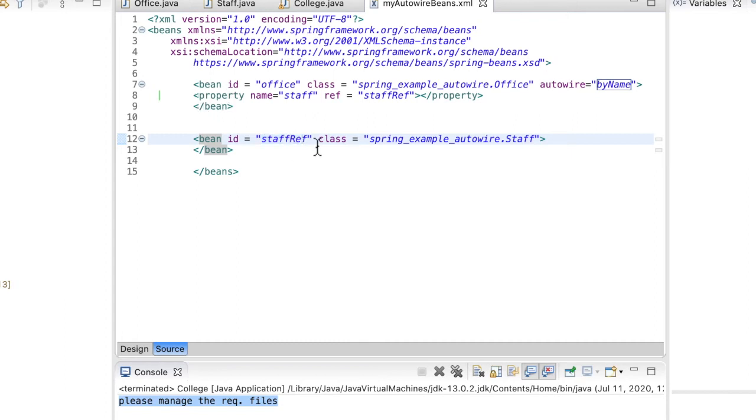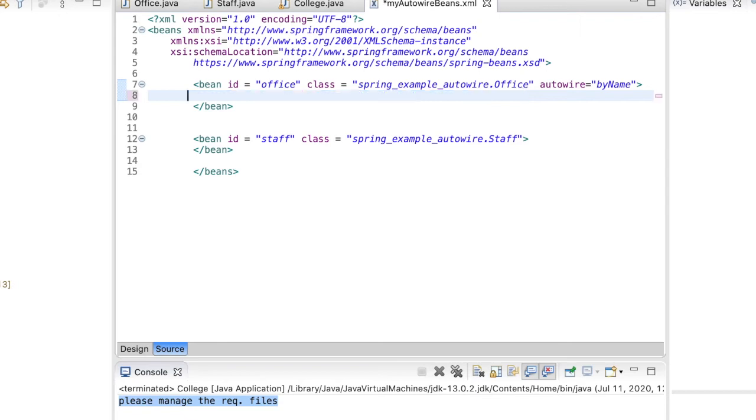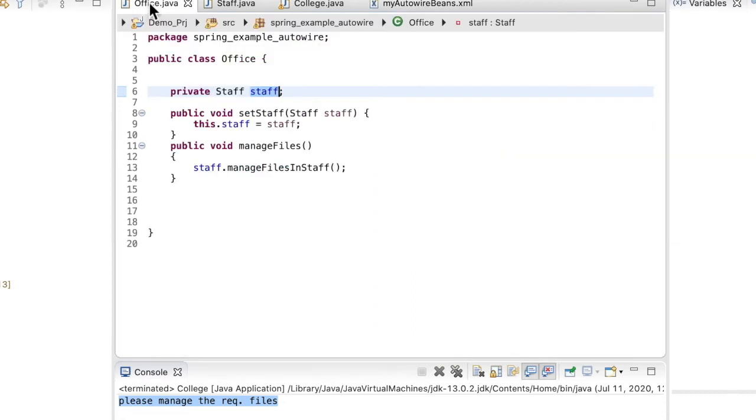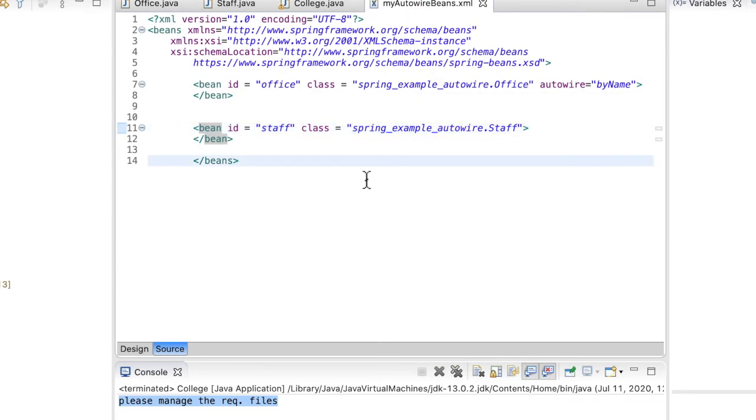If I make it staff, and I can just remove this because we now do not need this. Now we are not doing any setter dependency injection, so let's just remove this for now. So we have by name auto wiring used here, we have staff ID, and here also we have staff, the same name, and here we are using by name. So when we run this, let's see if it works or not.